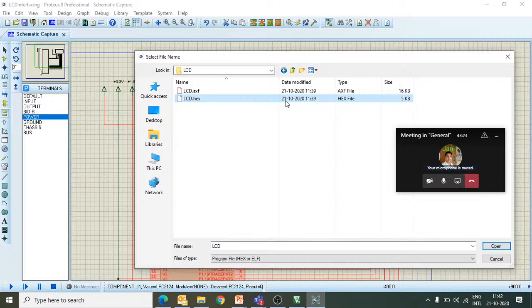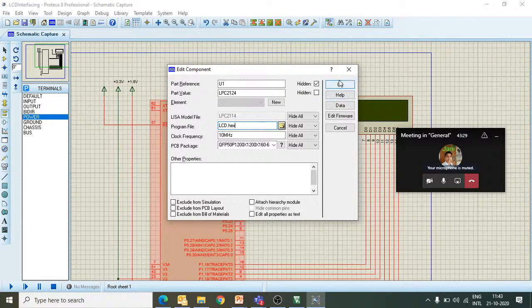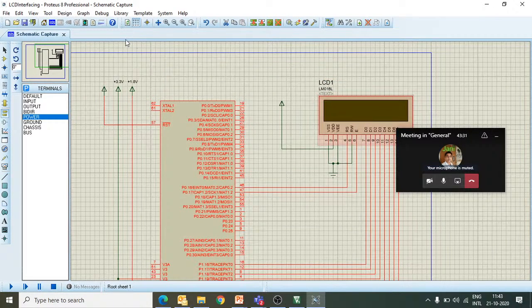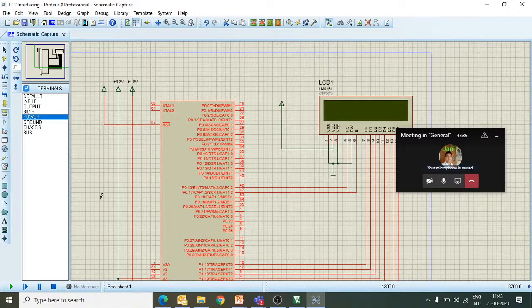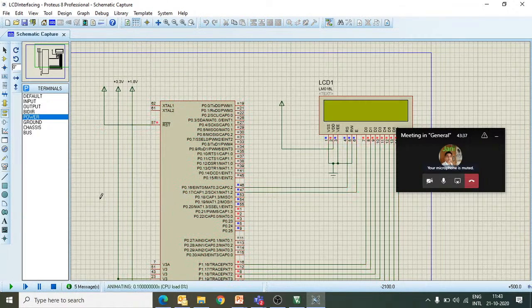The latest time is 21st October at 11:39, so this is the latest LCD hex which we can open. Then let's debug this program, run the simulation, and check whether everything is fine or not. If there are some errors, then the message will not be displayed on the LCD, and then we have to do some modifications in the program.